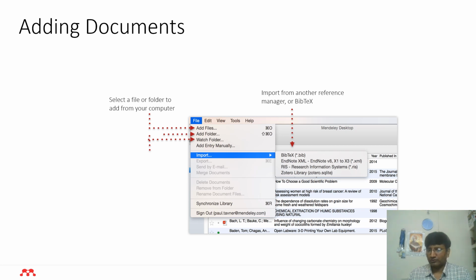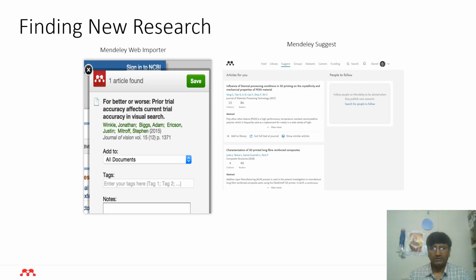Another good feature is a watch folder. You create a watch folder, and whenever you download a PDF file, put it in that folder, or whenever you start your Mendeley Desktop, it will automatically import it. In that way, all the references are stored in your Mendeley account. Based upon your library, Mendeley suggests new research. Basically this is keyword searching and some artificial intelligence type thing, where it tries to find more relevant articles for your research.